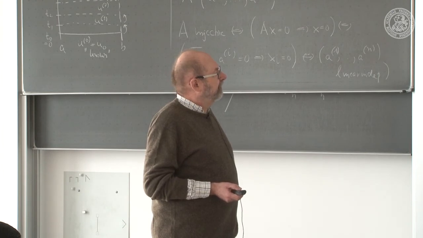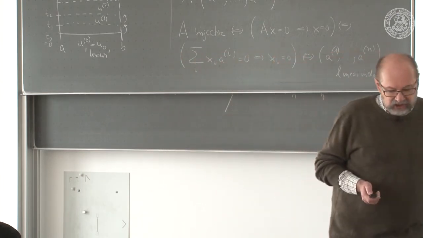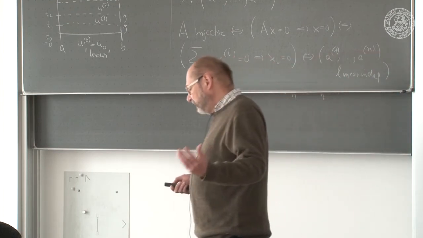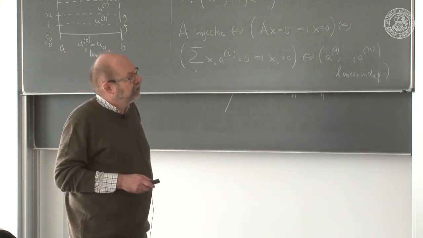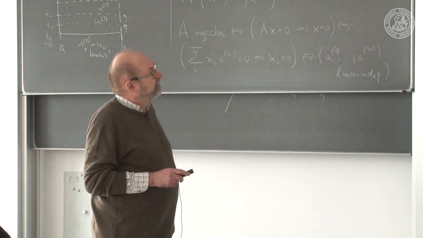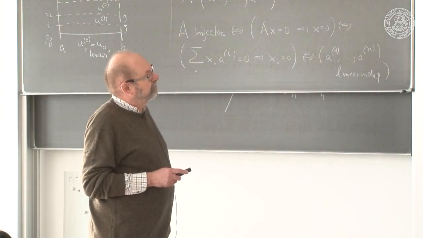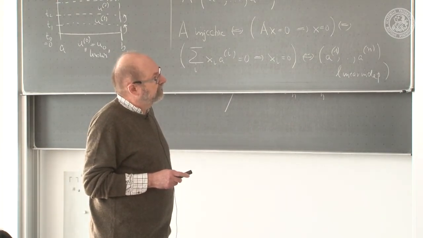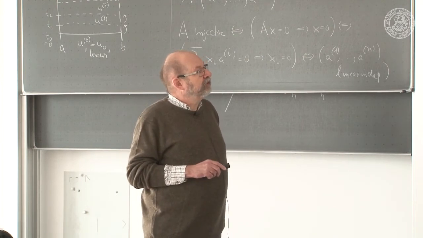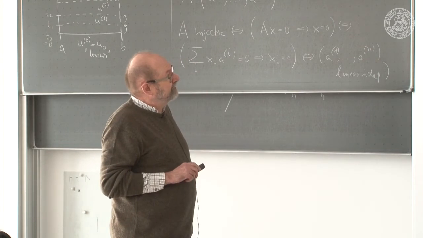So the question is now how to construct such a sequence w_h. And what we did here for this example, we can try to mimic in the general situation, and this I will explain a little bit. So let's assume we are looking at a general boundary value problem. We write it in this abstract form. We have some differential equation, we have some boundary condition. And let's assume that for this this boundary value problem has a solution